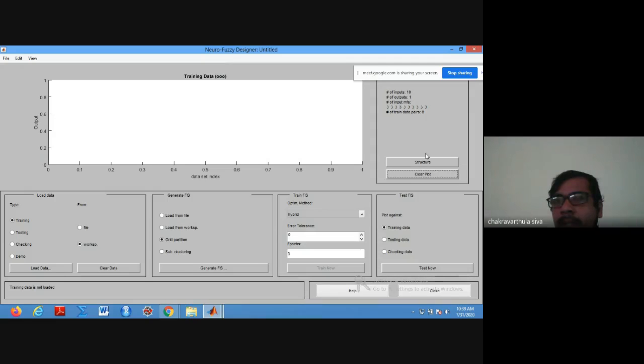Whatever data we have given, the structure that is there initially. Clear data. Sorry for the interruption. Once again, I think it is stuck. So I'm closing this file once again.